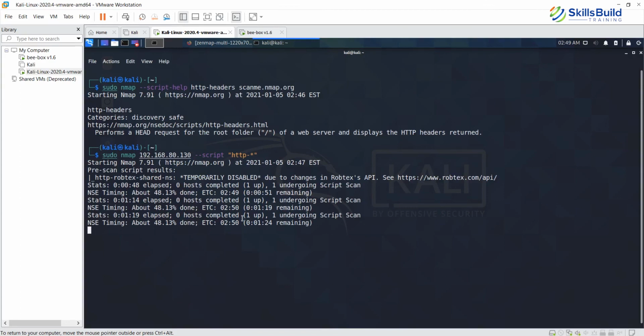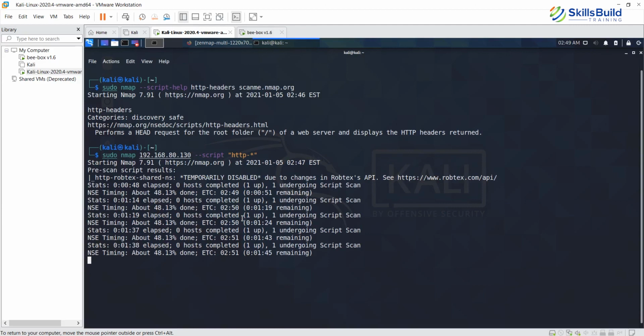We'll also run a single script so that we know how it is executed. Right now, what we have done is load all the HTTP modules in the default scan repository, and therefore it is taking time. You can do that, but it is not always necessary to run all the scripts in one go. You can take time and find out more information by running a single script. And that is exactly what we are going to do in the next command.